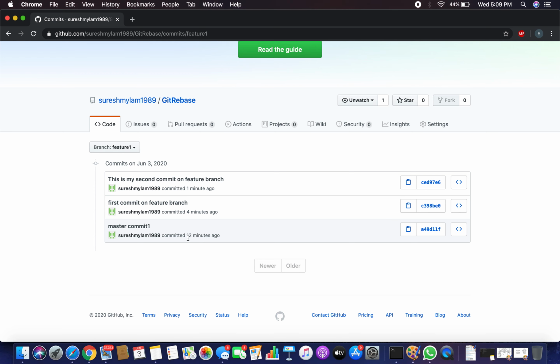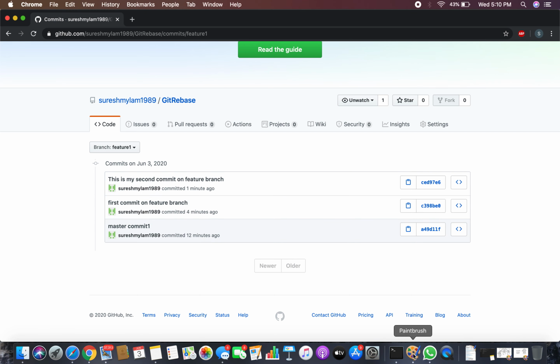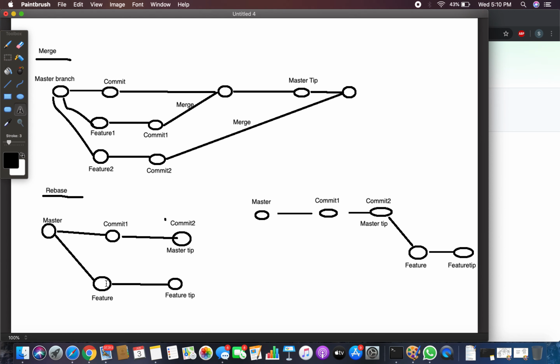This is the master commit, this is on the feature branch, and this is on the feature branch. And so when you are on the feature branch, you can see 3 because it comes from the master branch. Okay, and so these are the two commits that we made on the feature branch. And now I'm going to switch to master and make more commits on this.